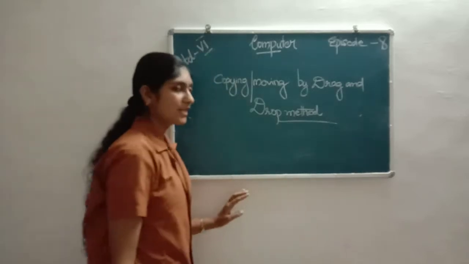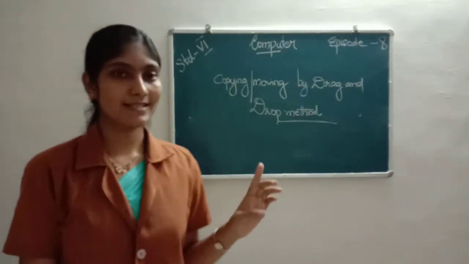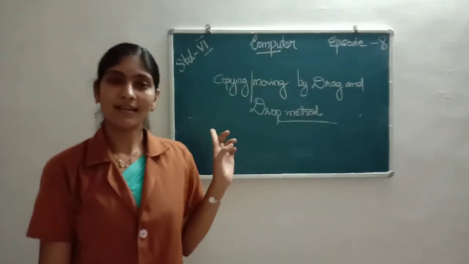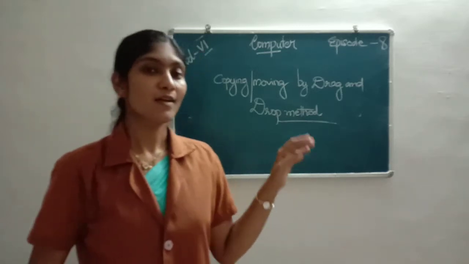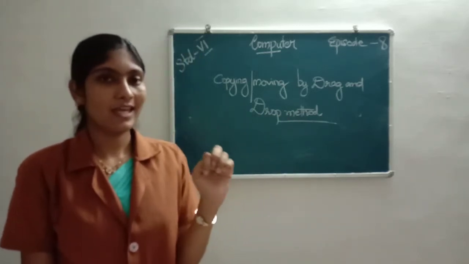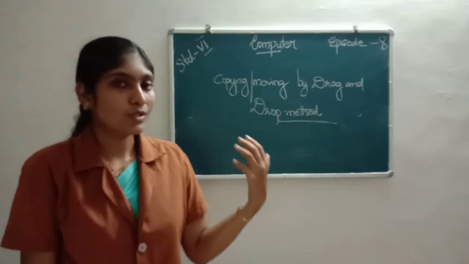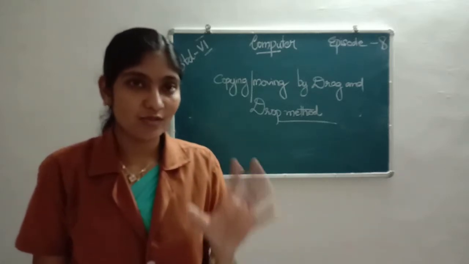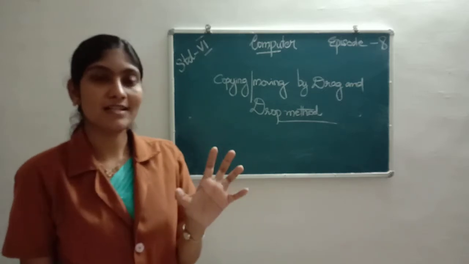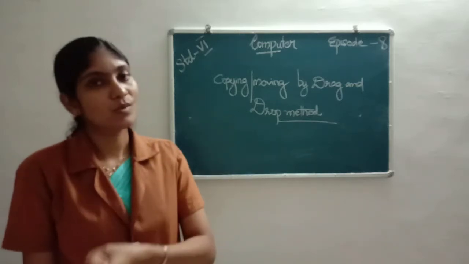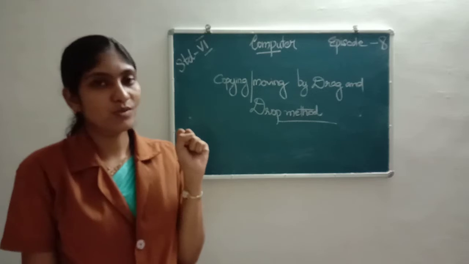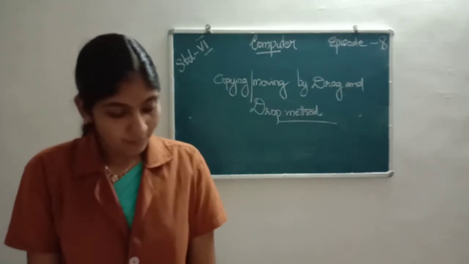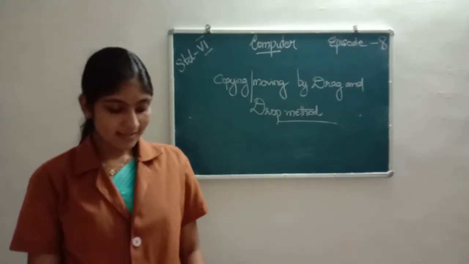So here we already discussed how to copy the data and how to cut the data, right? That is the first way, and another way is to drag the data from one place to another place. To drag, select the whole range of cells and then drag it into the new position. Let's see how to do it. First one, moving the selected data range.